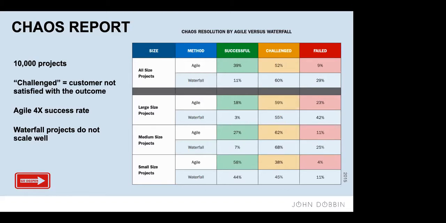So this challenge dimension is a real problem because we see that it doesn't matter if the project was agile or waterfall, or whether it was small, medium, or large, most projects were challenged. And this is because of the complication and complexity which is part of IT projects, particularly along the requirements dimension.